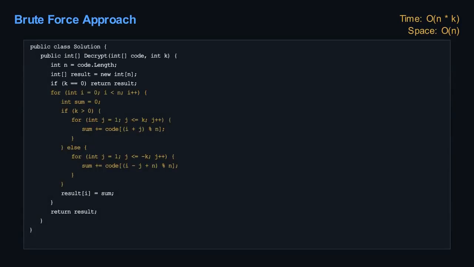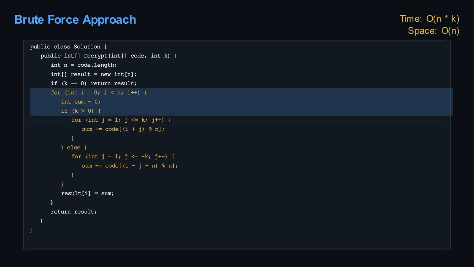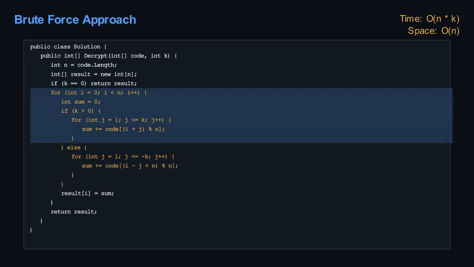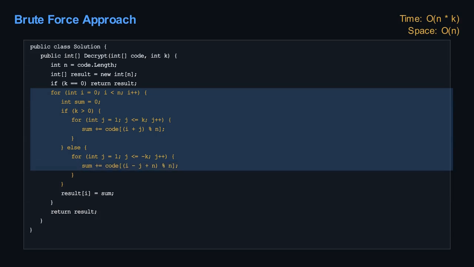A straightforward approach would be to iterate through each element of the array. For each element, we then iterate k times, either forwards or backwards, to calculate its sum. We handle the circularity using the modulo operator. This works, but it's inefficient. For every element, we perform k additions, leading to a time complexity of O(n * k). While space complexity is O(n) for the result array, the repeated summation for overlapping windows suggests a